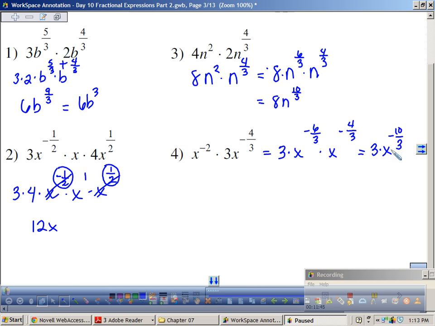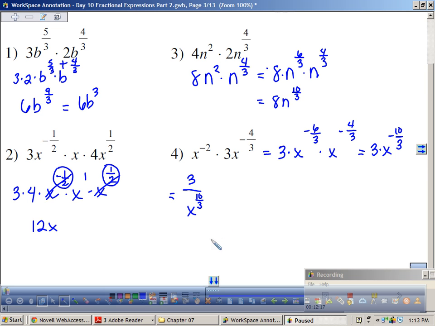Okay, from here, we can't have negative exponents. So negative exponents are what? Positive fractions, correct? So I'm going to start this here and make 3 in my numerator. And if I put x to the negative 10/3 in the denominator, the inverse of the numerator, I can change it from a negative to a positive, correct? So I'm going to put it down here, and it's now positive 10/3,